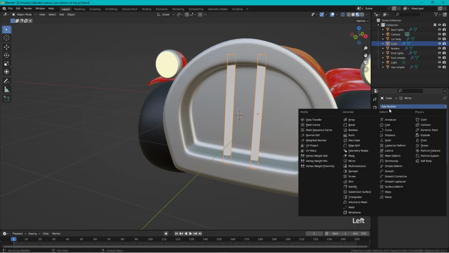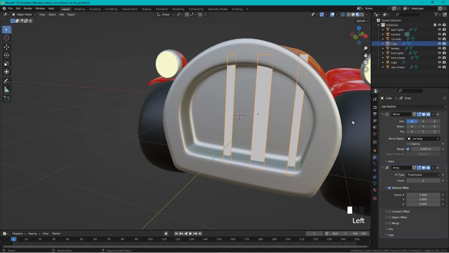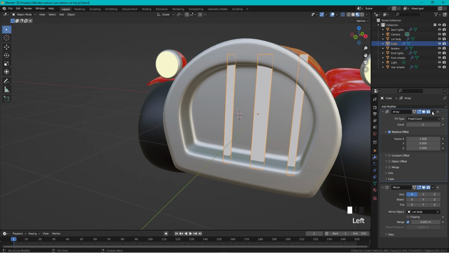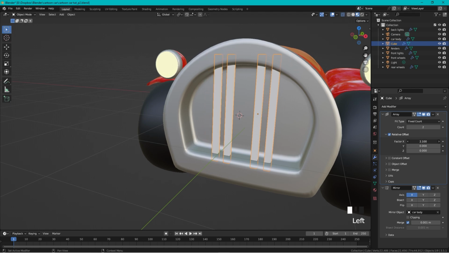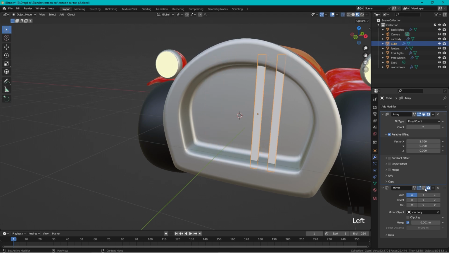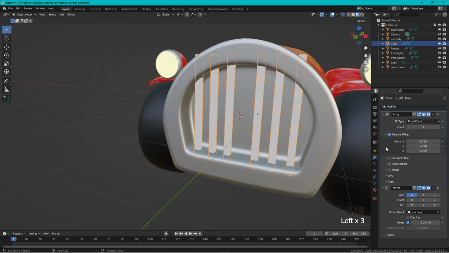So if we add another modifier, and let's add array. Right now it's not working correctly because I want to do the array first. So if we move this up like this, and now if we start to move like this, you can see if you turn off the mirror here, if you add another object, it creates an array of this object. So and I think I want 3 like that,